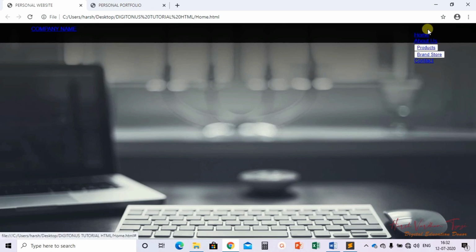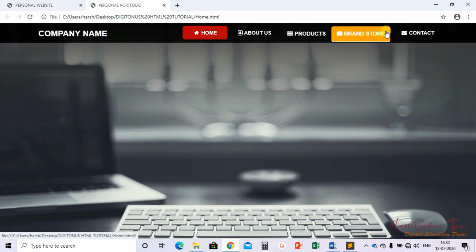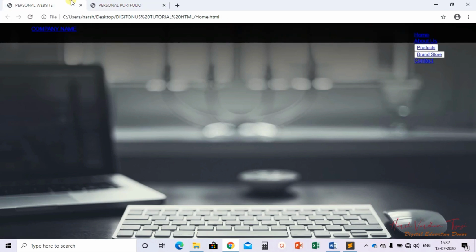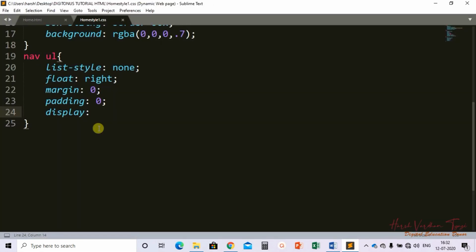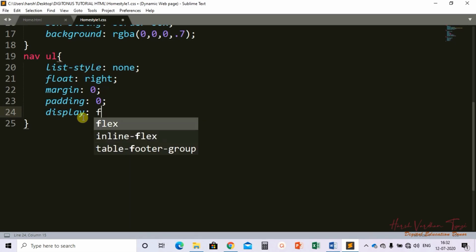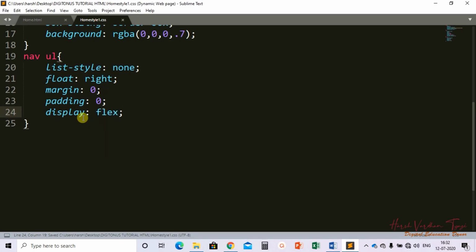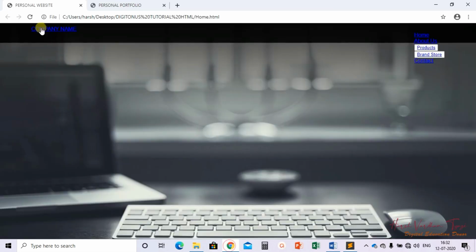Now see, but they are coming one on the other, they are coming in a list, so we have to make sure that they get displayed one after the other in a straight horizontal line. To display this in a horizontal line, you have to use the display property, display flex.